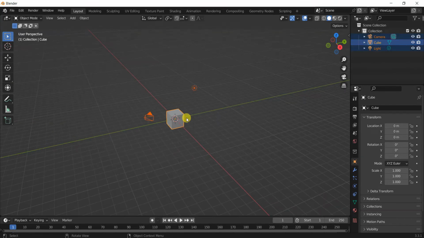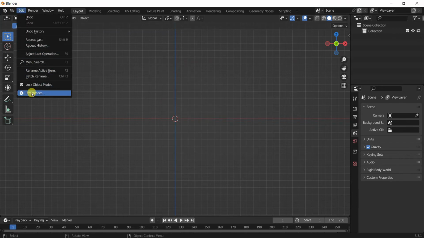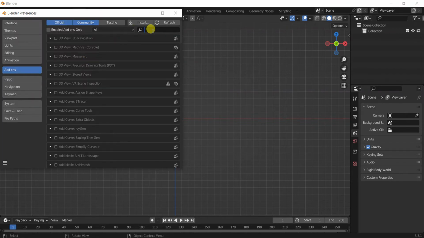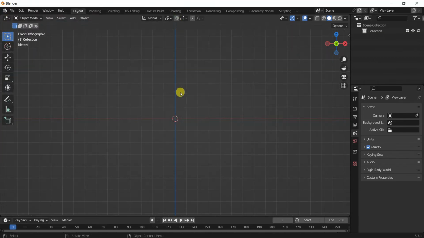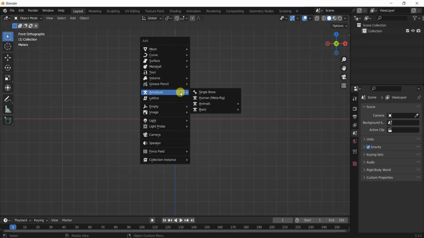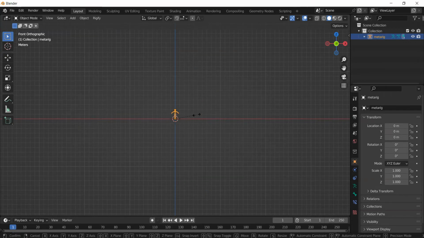I'm gonna delete everything here, and first of all, you need to enable the Rigify add-on here. Alright, make sure that this Rigify is enabled. So I'm gonna go back to my layout and press Shift A to add an armature, go to human meta-rig. I'm gonna scale this up